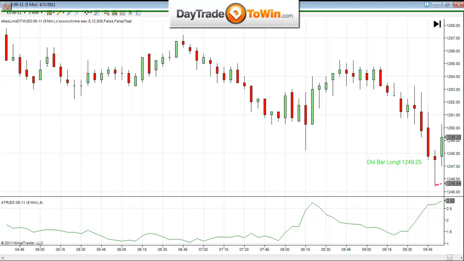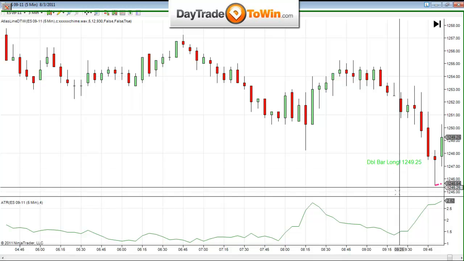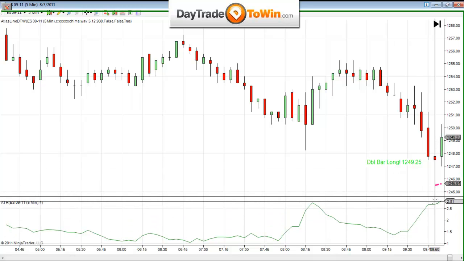And so unless there's a reason not to go long, this is a long trade. Now I don't know the future, but I do know that if I look at my ATR, I'm able to get about 2.5, 2 3/4 points out of this trade. If you're not sure what I'm talking about, those of you interested in getting the Atlas line, I do have a one-on-one webinar where I explain how I use the ATR and the stops, and with currencies and things like that, and it's recorded. Everything I do is recorded with you. So there is a training session included with the Atlas line.